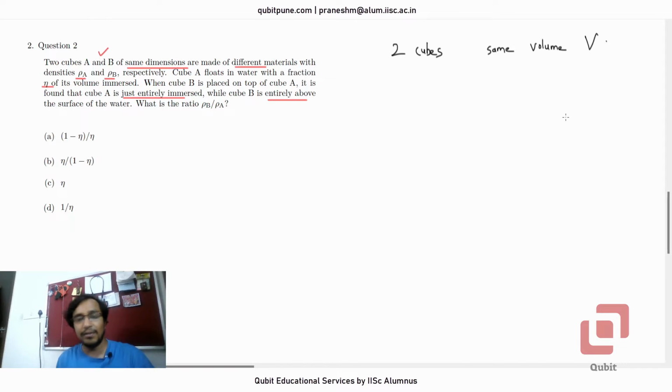Let us call that volume as V. They're made of different materials with densities rho A and rho B respectively. That's fine. Cube A floats in water with a fraction eta of its volume immersed. Okay. Now, if we decide to draw the free body diagram of